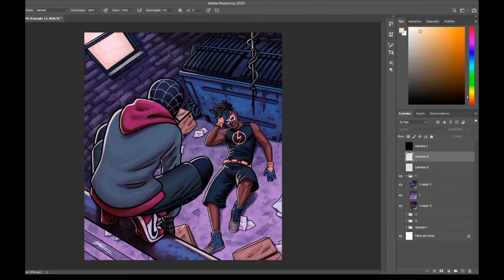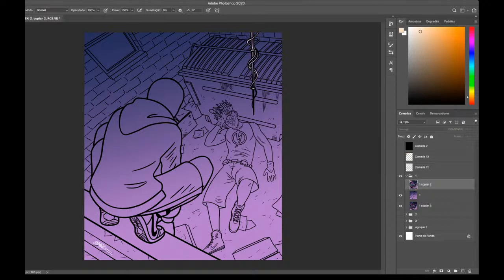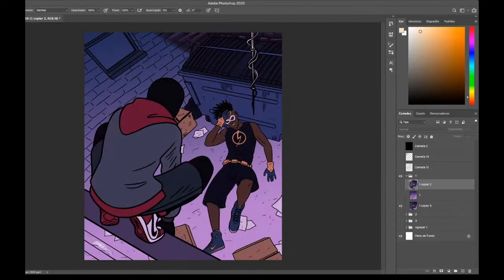So again, after that I start doing the base colors here. And here I keep the hue in mind, I keep the saturation in mind, and also here I start to keep the values in my mind. If I put the color layer on, you can see that